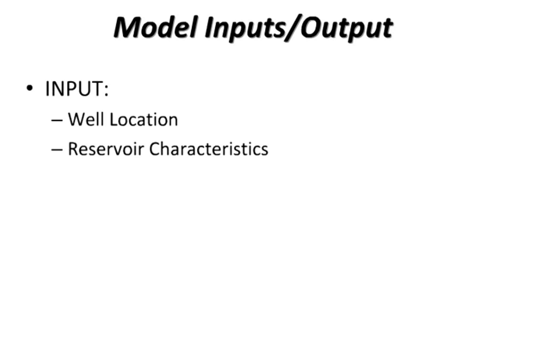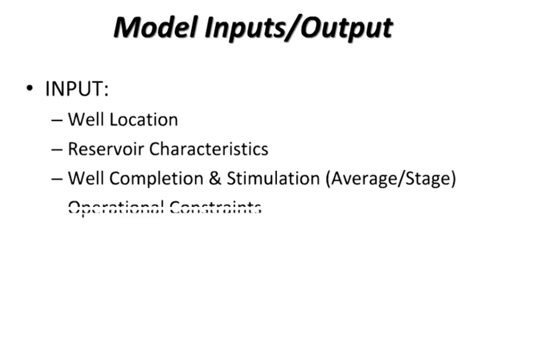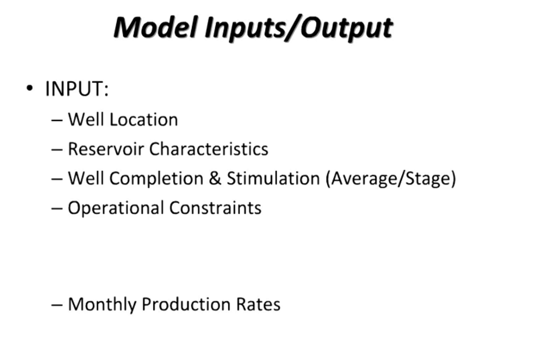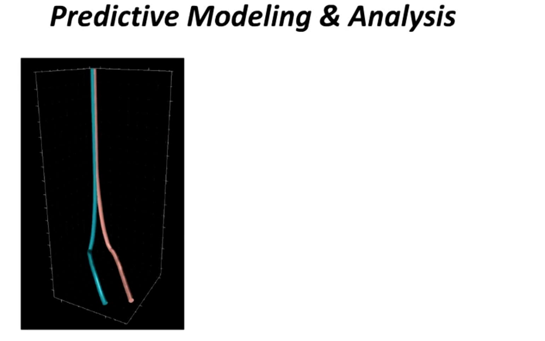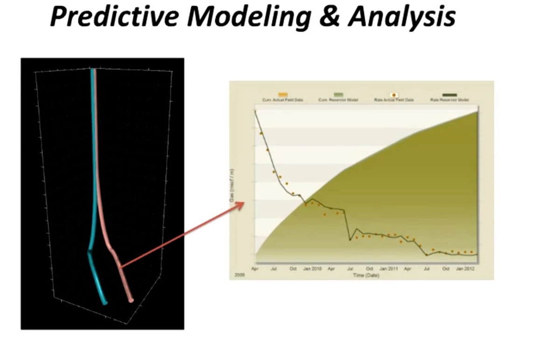We use these in order to build predictive models. How do we do that? We use as input well location, reservoir characteristics, well completion and stimulation on an average per stage basis, and operational constraints, and we use monthly production rate as our output. And when we do that, we history match every single well in the